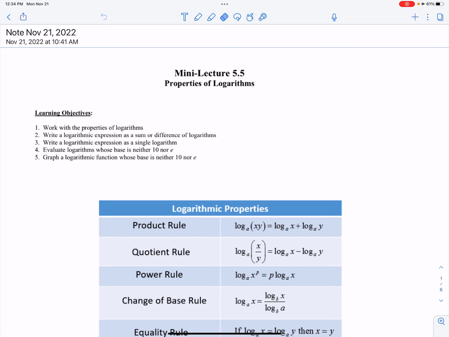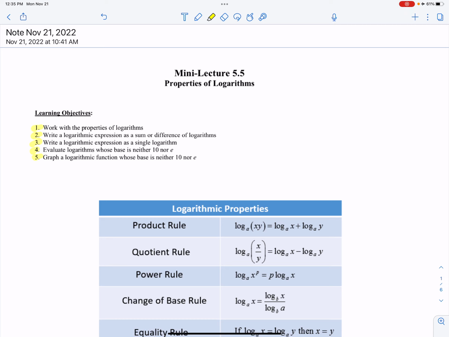Welcome to section 5.5. We are going to look at the properties of logarithms this time. So, some of our learning objectives are work with the properties of logarithms, write a logarithmic expression as a sum or difference of logarithms, write a logarithmic expression as a single logarithm, evaluate logarithms whose base is neither 10 nor e, and graph a logarithmic function whose base is neither 10 nor